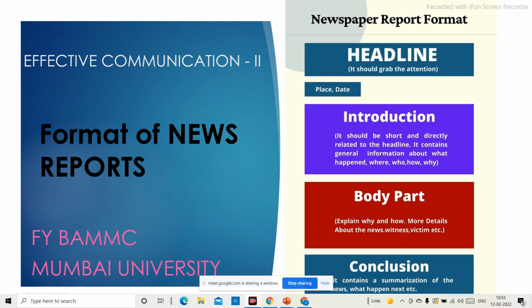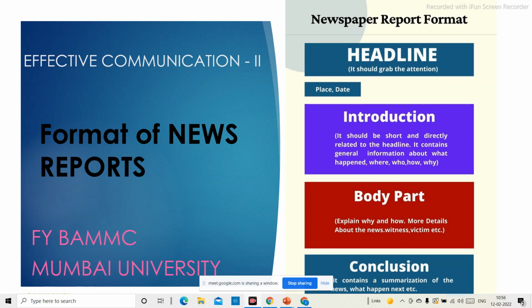But before that, it is very important to write the date so that everybody knows which date this news is from. Okay, now it is a very important part of mass media, and most of you may be interested in newspaper writing, also news report writing. So you should learn this, and there are many ways of doing it. Okay, let me show you.